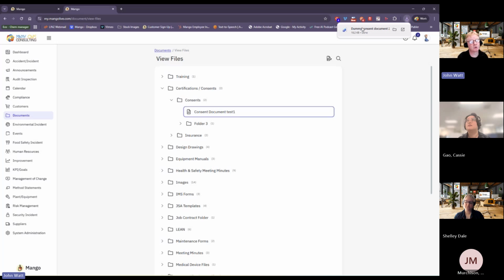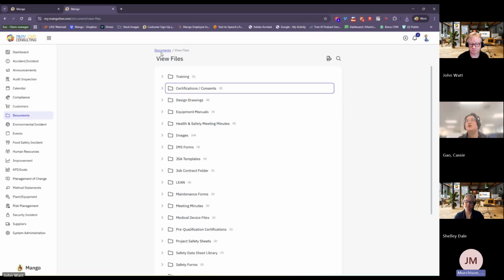But because 99% of the stuff that's stored in Mango is text, it takes a hell of a long time to get up there. Yeah. I haven't had any client yet in 10 years of doing this that needed more storage. Yeah, I'm just thinking in terms of documents, as we currently use ProMap for storing lots of documents and things.